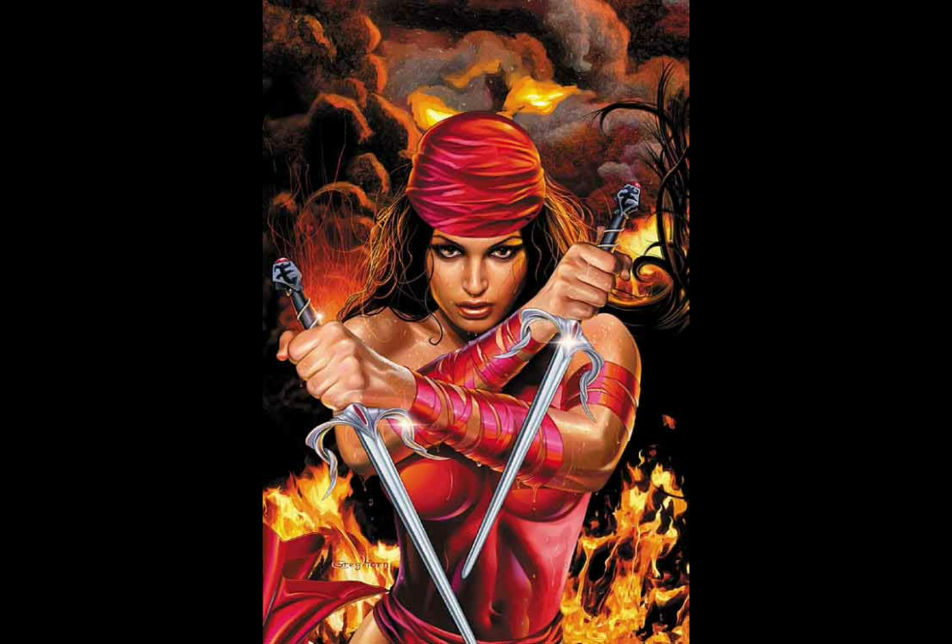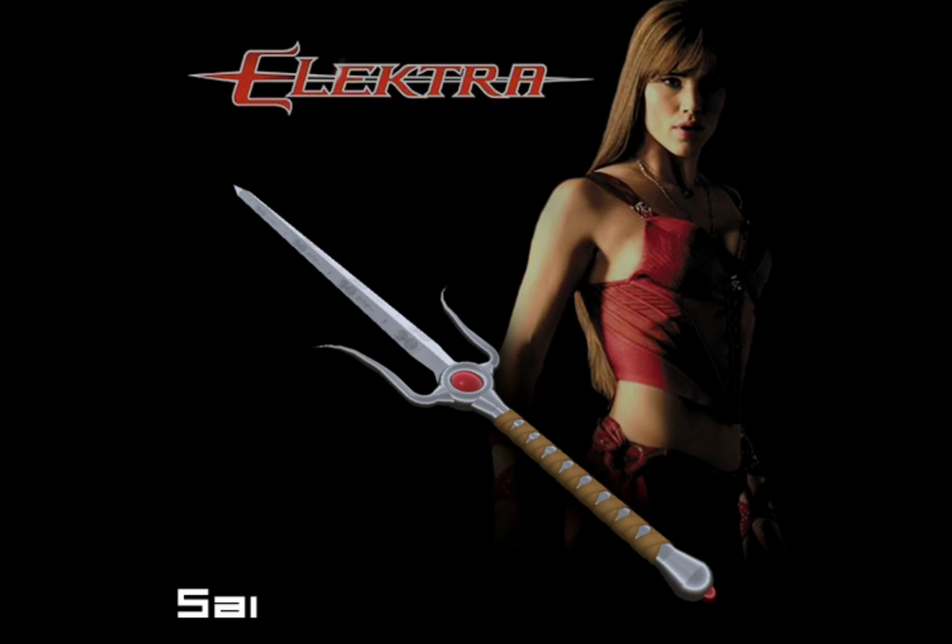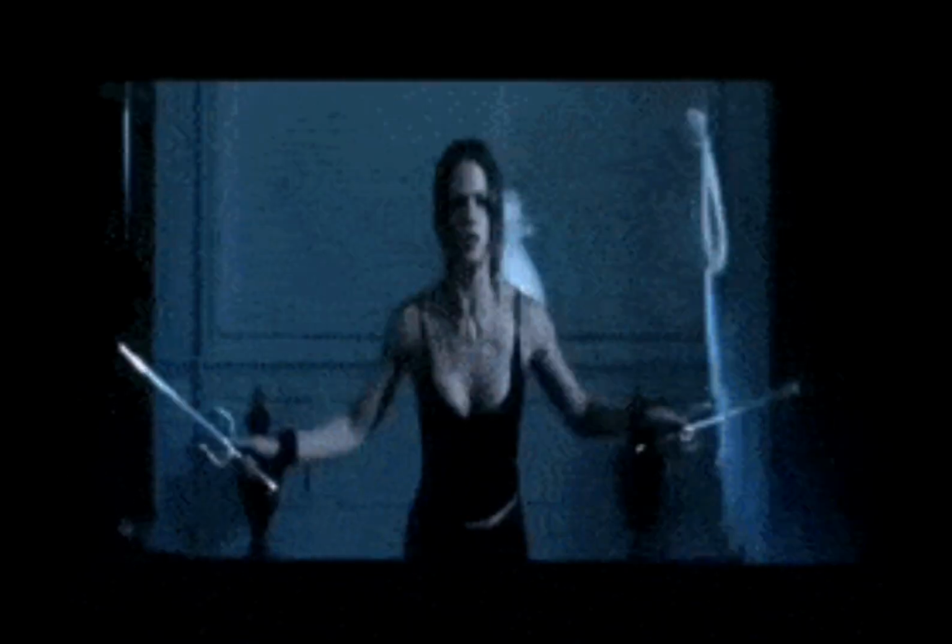By far the martial arts style that Elektra relies upon most is Okinawan Sai. This is a three-pronged blade that can be held in your hand like a claw and is easily recognizable as Elektra's most commonly used weapon. Usually she carries two sais, using one for each hand. Her skills include spinning these, throwing them like darts, slashing and blocking other blades with them. In short, she is definitely the most skilled superhero in terms of using the sai, and her technique is second